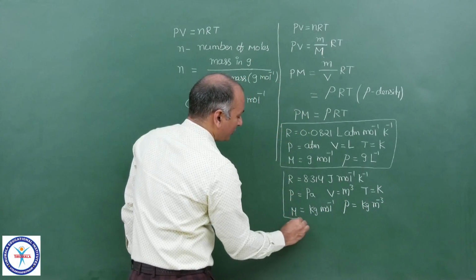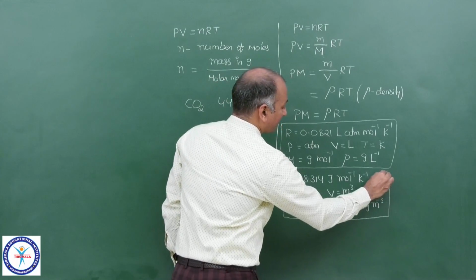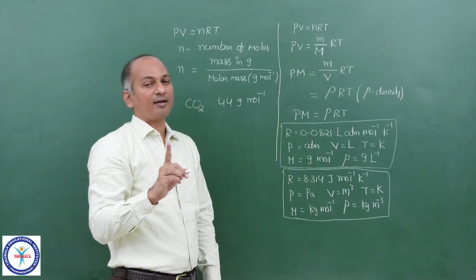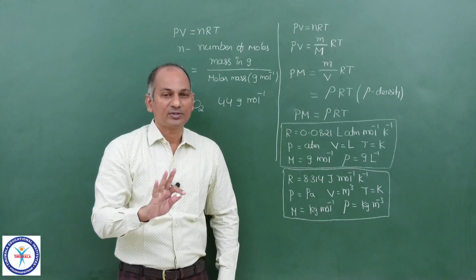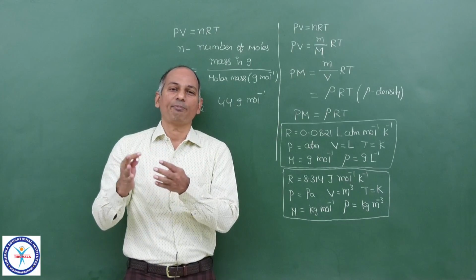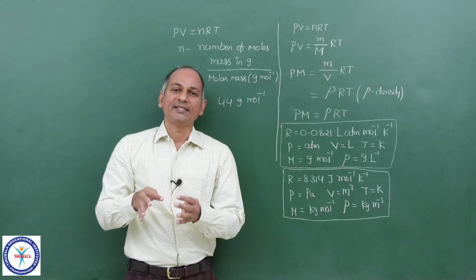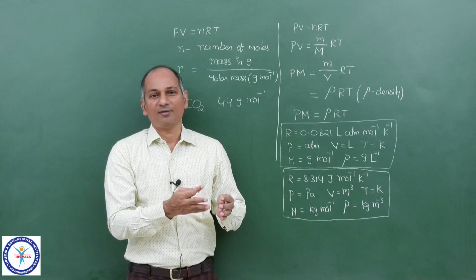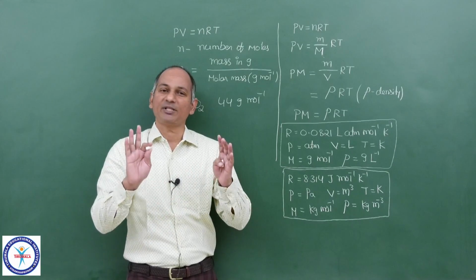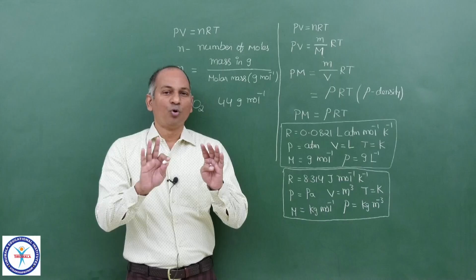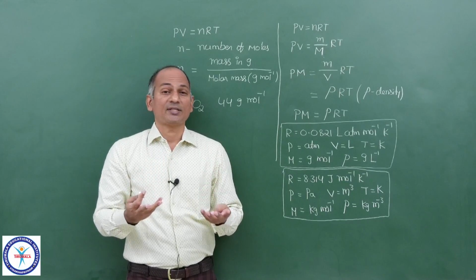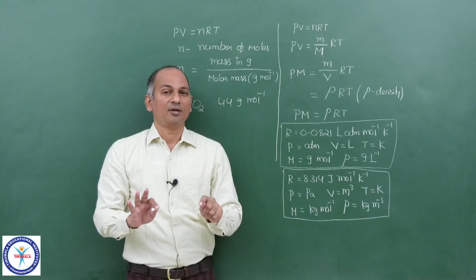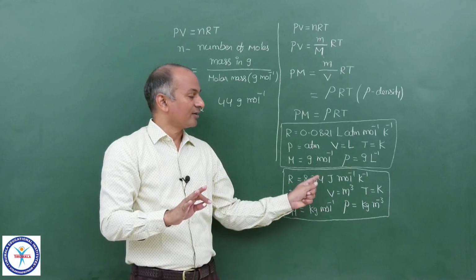Now you can use this set of units also, it is up to you. So it all depends upon your choice of R. Which value of R you want to use? Depending upon that, the units of pressure, volume, density, all will change. But temperature is always in Kelvin. Whatever value of R you take, temperature is always in Kelvin. Moles, always moles, amount of the substance n, the unit of n never changes, it is always mole. So be careful about the units.